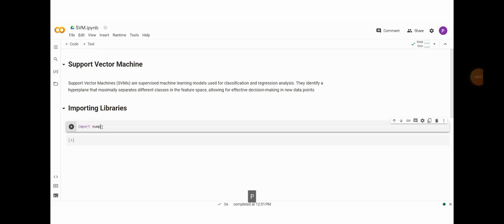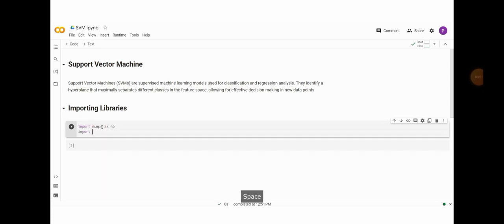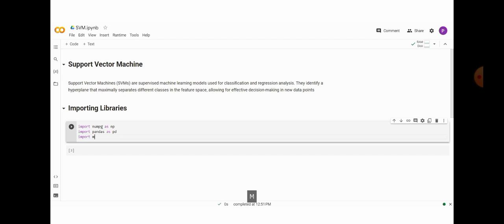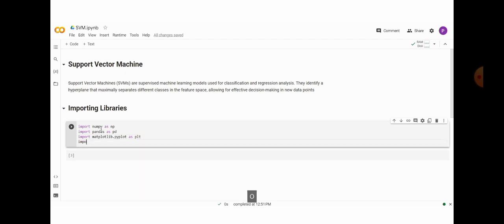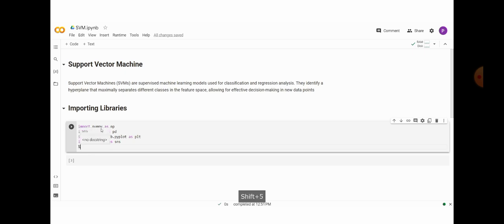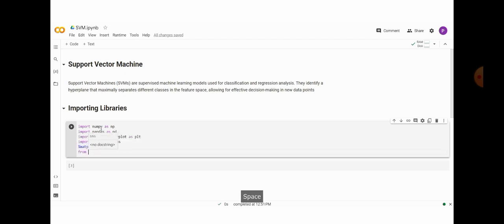Here we see the implementation of support vector machine. First we import the packages NumPy, Pandas and Matplotlib as PLT and Seaborn as SNS. Inline. Here we are importing the packages